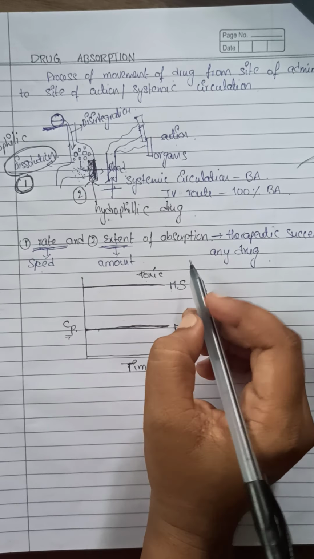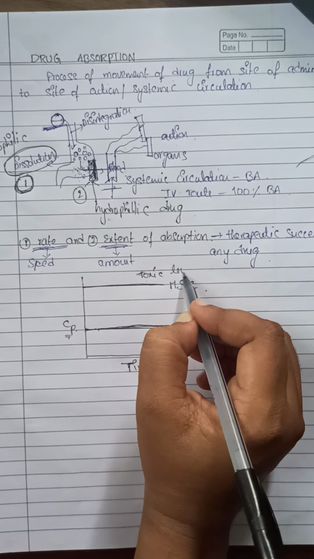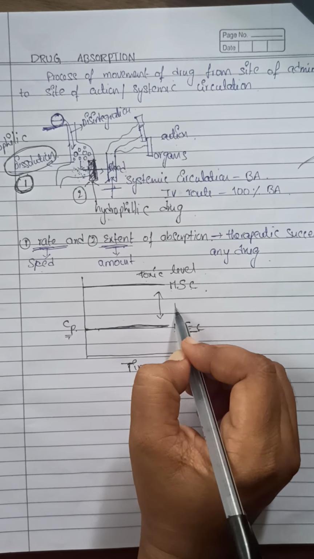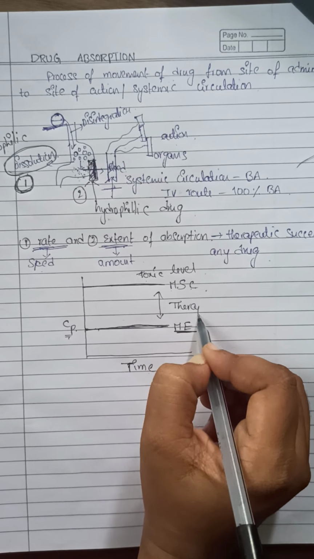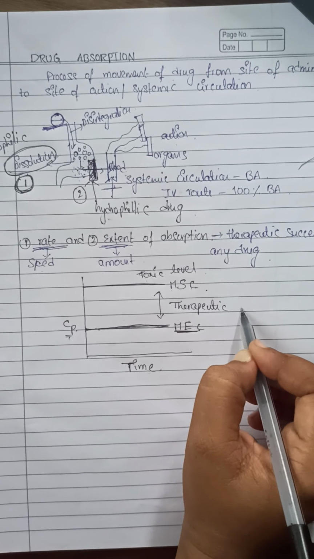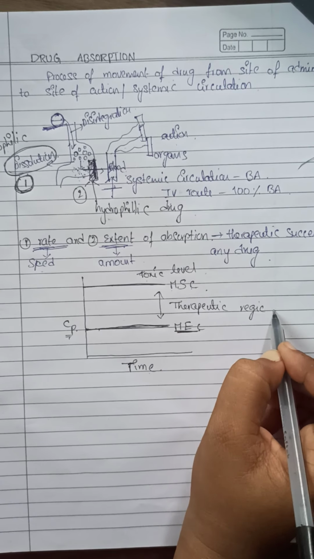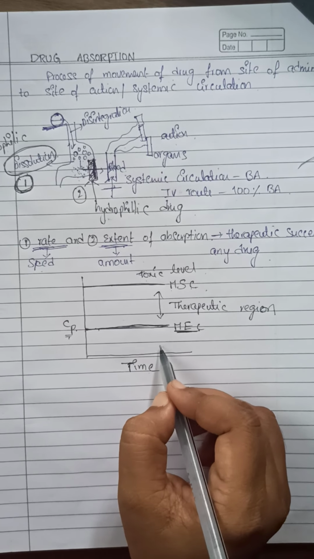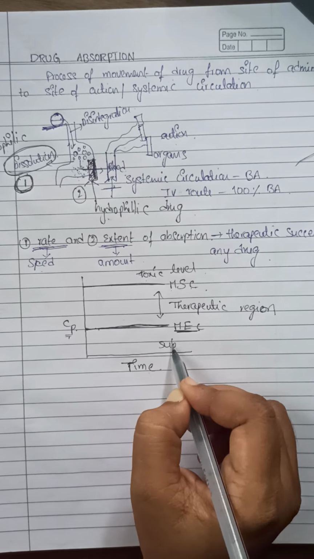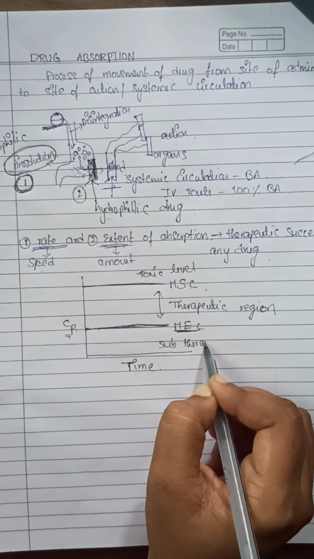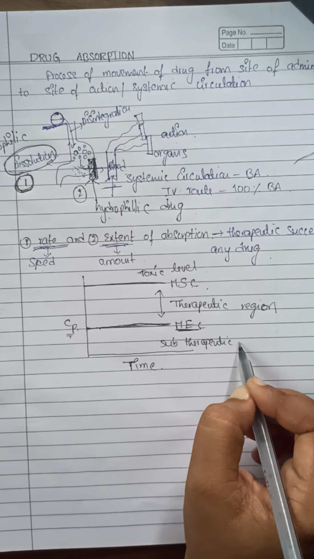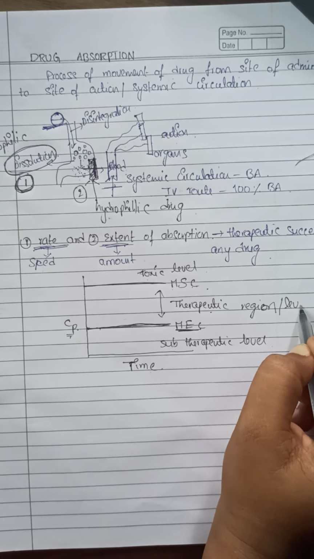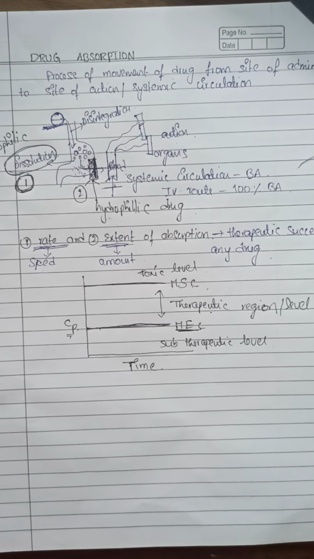So this region is known as the toxic level region, whereas this region is known as the therapeutic region or therapeutic window, whereas this level is known as the subtherapeutic level. This is the therapeutic region or level. So for any drug,